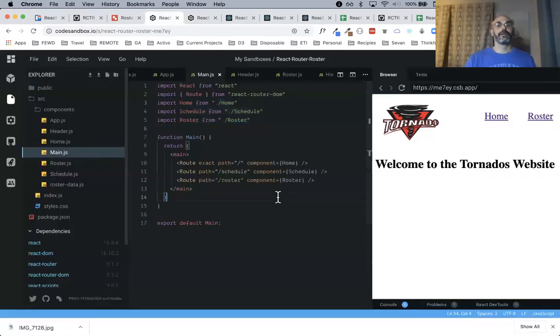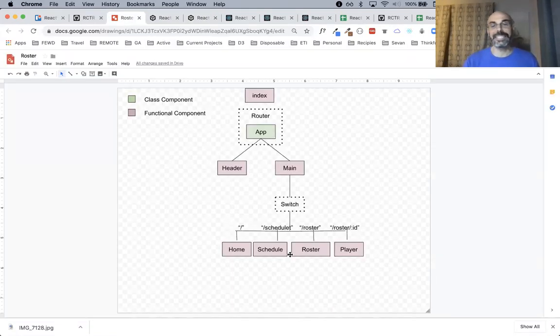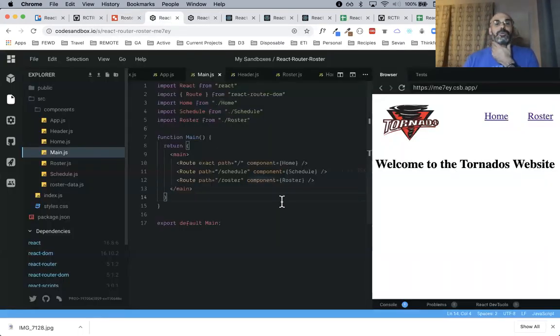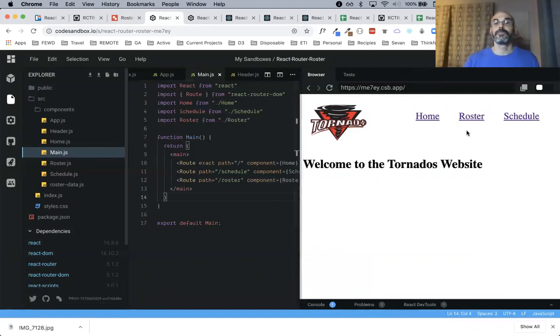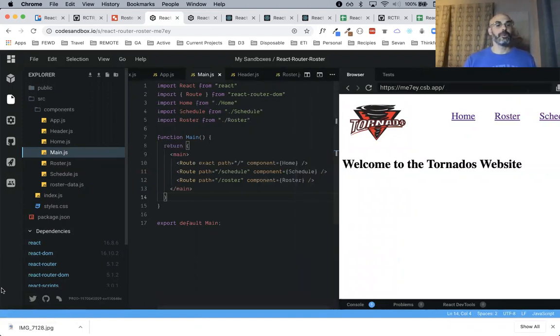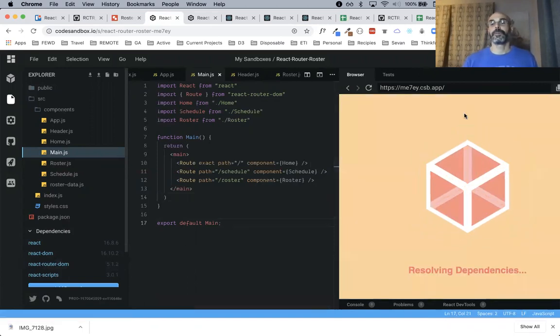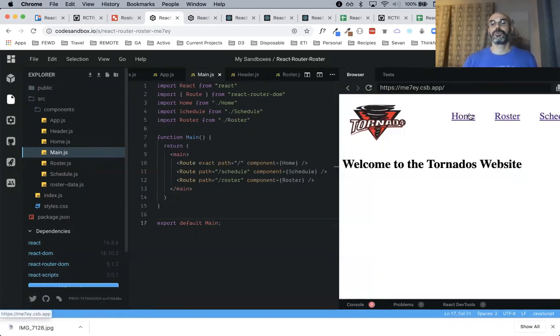Let me go back. Okay, so we're emulating this design. So we have a focus, we know where things are, we know where to find them, and that's what I just did here. Okay, everything still works, okay? Just want to see something.